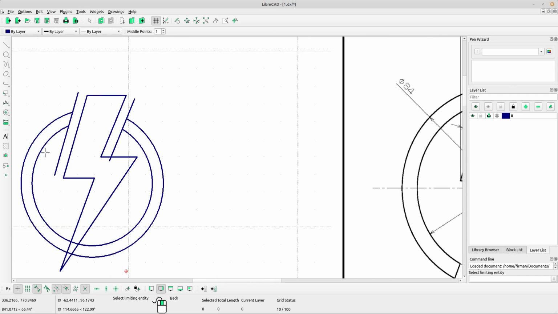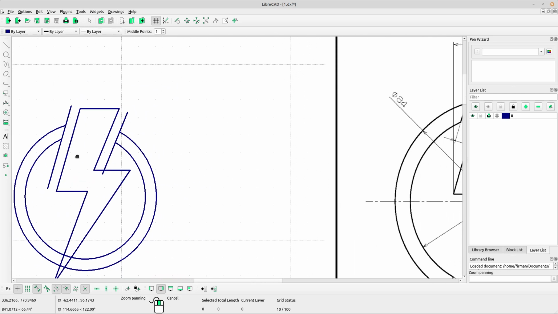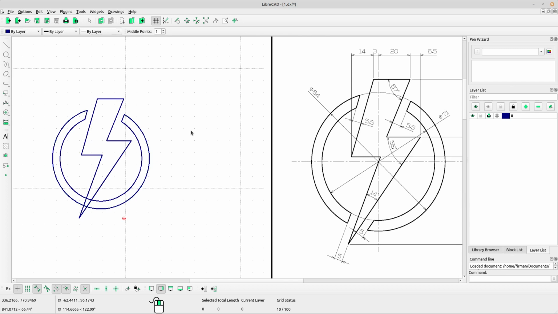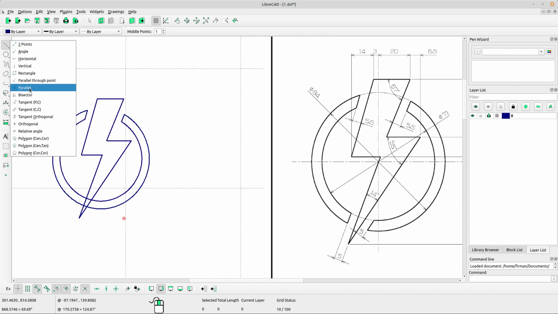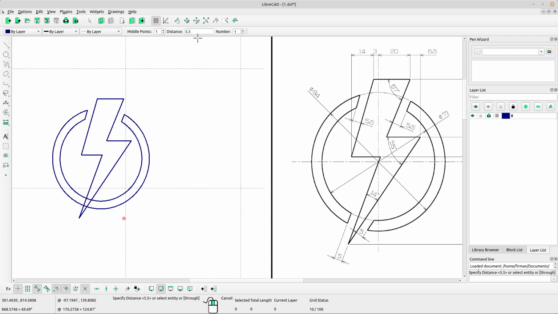Select trim tool. Okay, left click to create a cutter line, select the line you want to trim, right click and then select again the cutter line. Okay, and left click at the line you want to trim, right click to escape, right click again. Now use parallel line tool, select parallel and type the distance is 5,